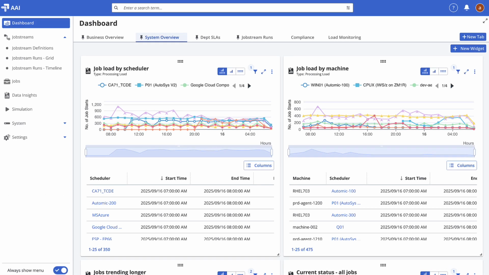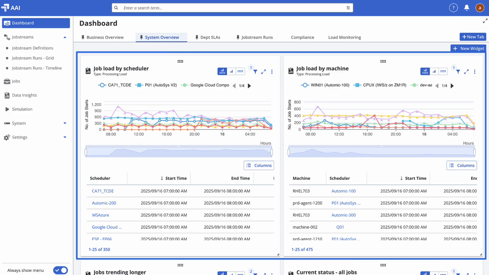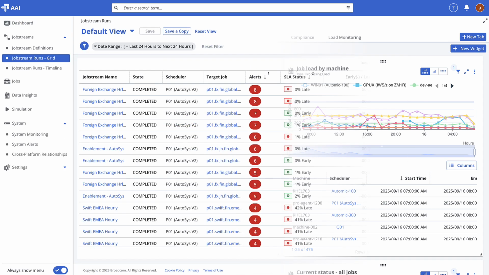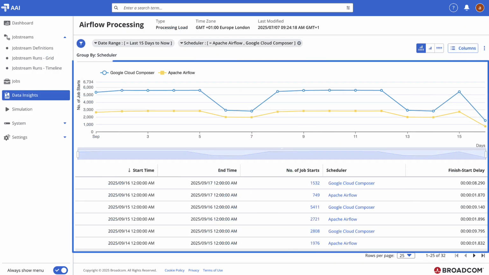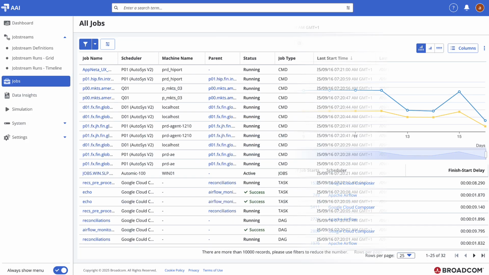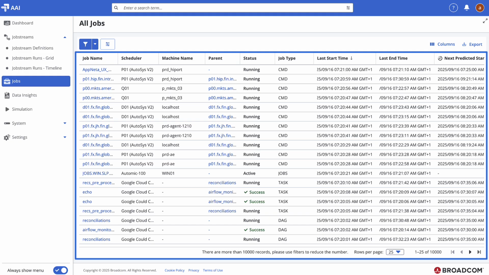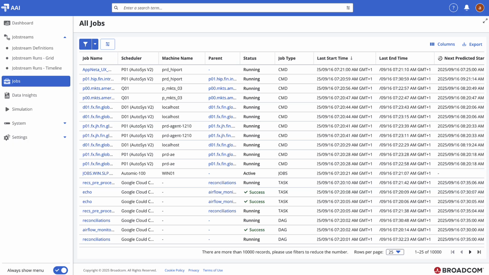Automation analytics and intelligence continuously collects both job execution events and definitional updates from every connected scheduler, and then aggregates and extrapolates jobstream data to deliver runtime, historical, and forecasted performance metrics. It then organizes this information into formats you can understand at a glance. The most common way AAI presents this information is through tables. Tables are where analytics become manageable, giving you a structured view of complex workloads so you can take informed actions